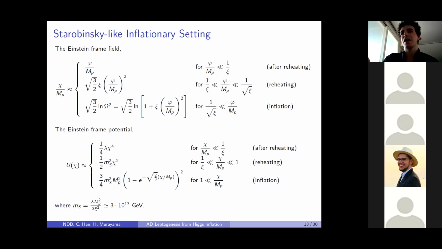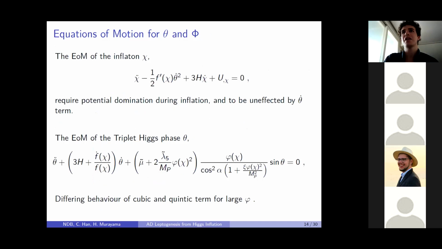Okay, so now that we've got our Einstein frame field of potential, we can then just go and calculate our equations of motion. And so we have our usual motion for a scalar field, but with this additional term here, which is just going to be a friction term for chi. But we'll find that, obviously, the variation of chi with time is small during inflation, so this isn't too important. And also, we find that this theta dot is never large enough to cause any implications. So this just reduces to our usual inflationary setting,